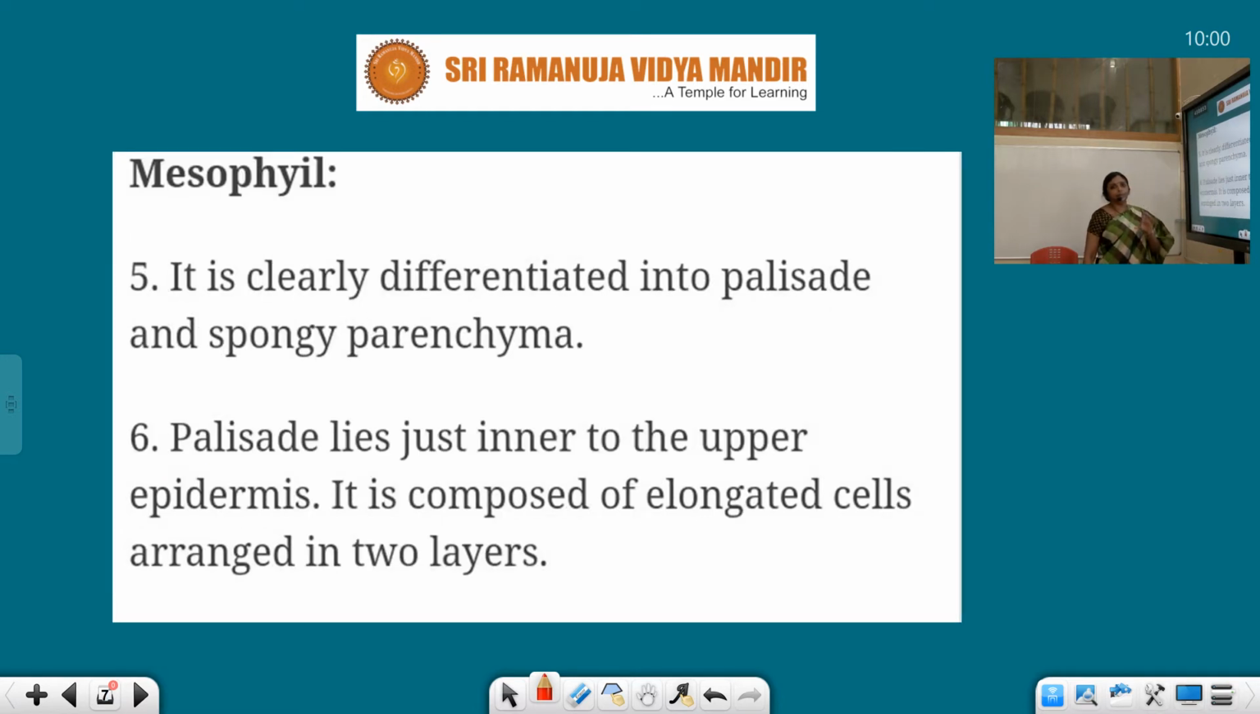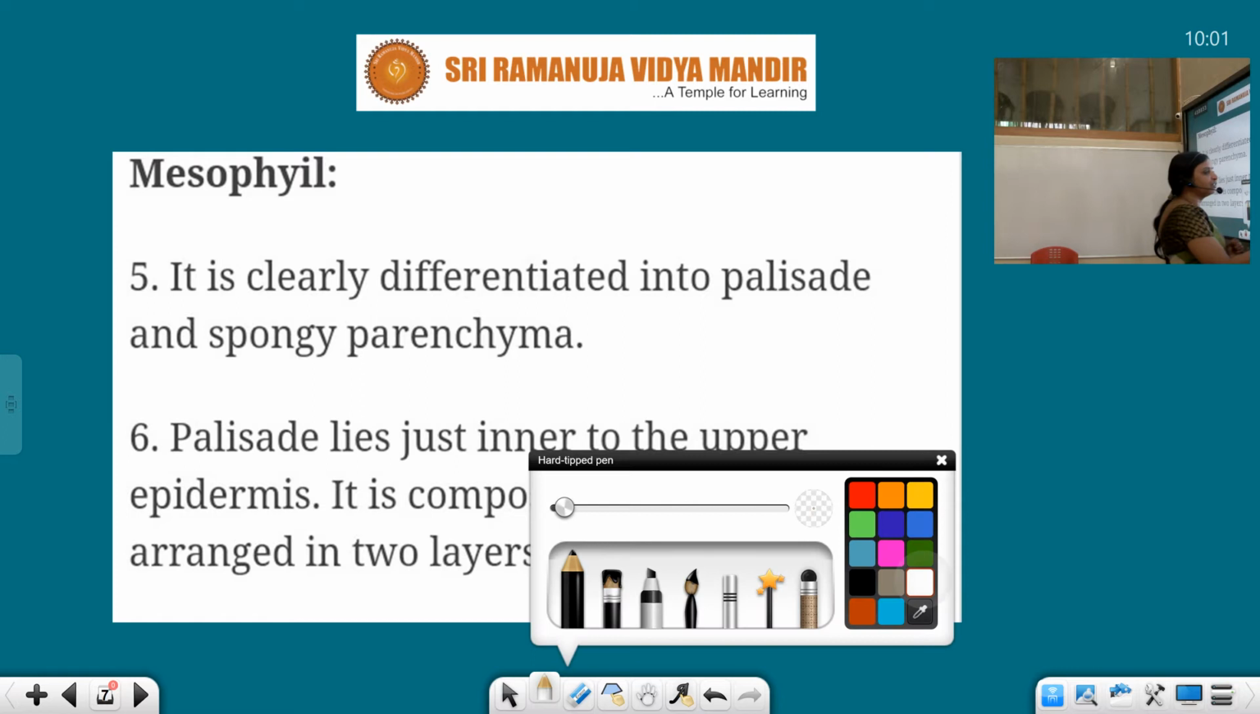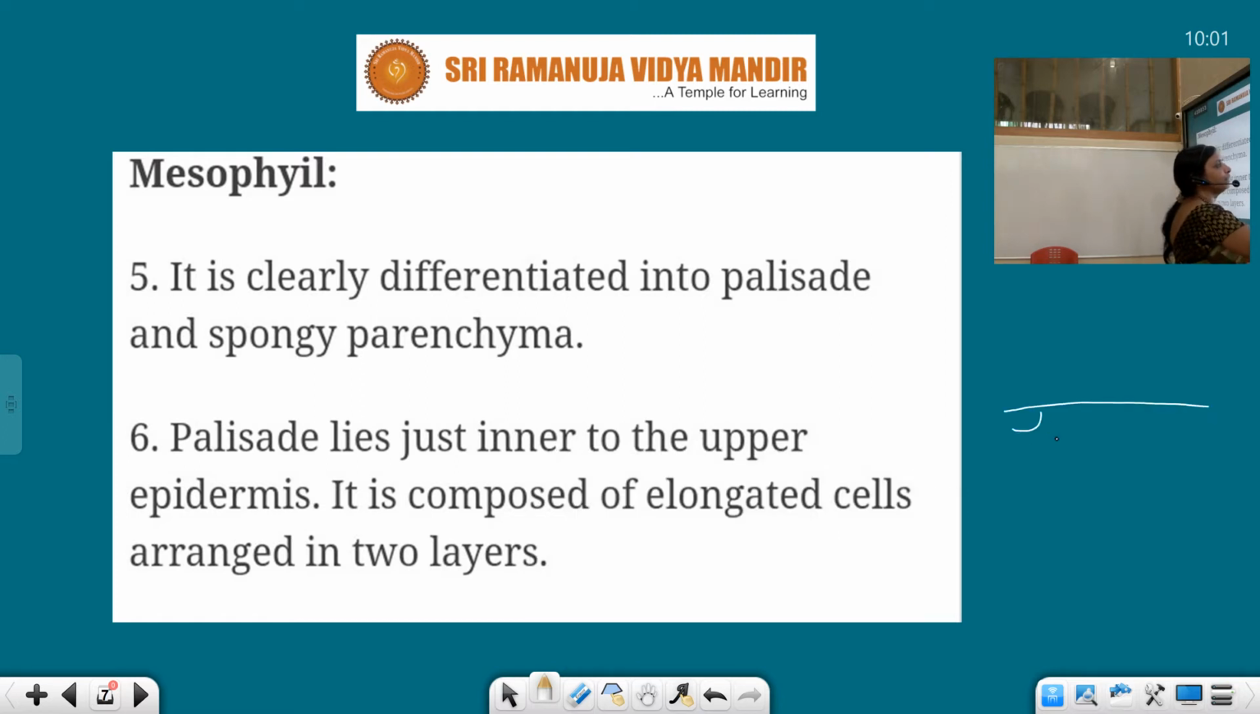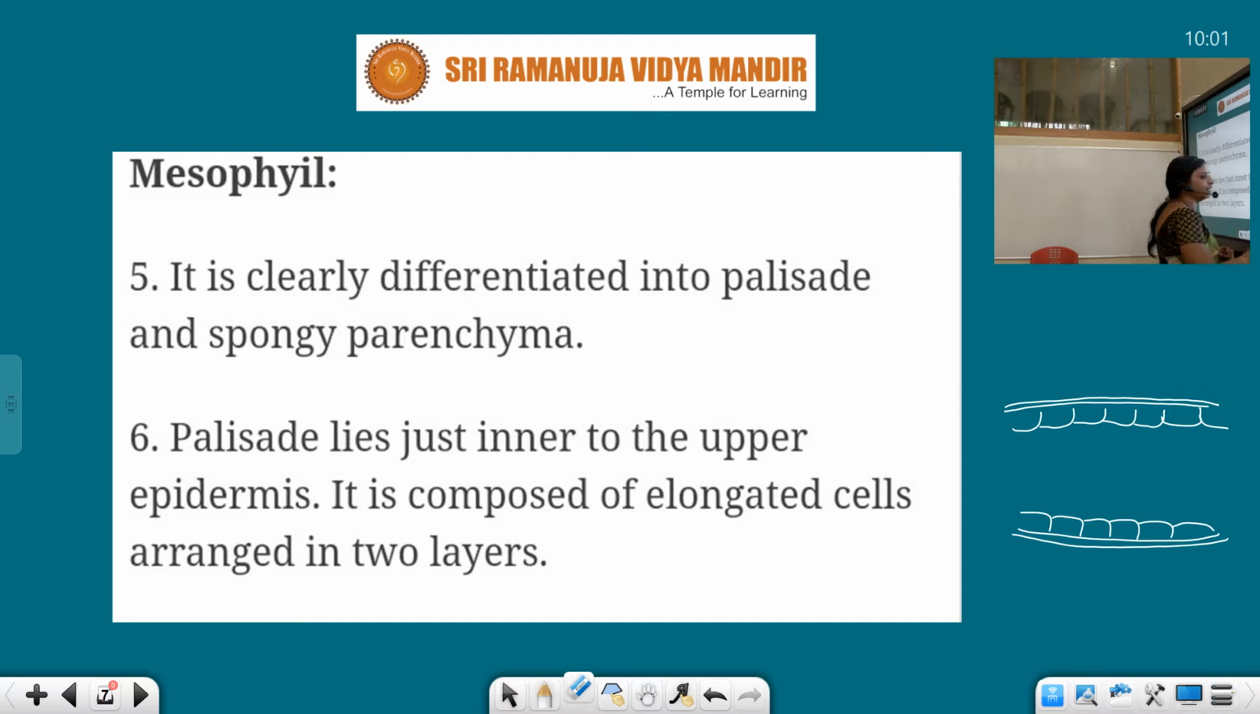Mesophyll: in between epidermal cells, mesophyll cells are present, and it is clearly differentiated into palisade and spongy parenchyma. See, this is the epidermis structure, this is the upper epidermis, again I am drawing this, and this is the lower epidermis, and both the epidermis are covered with cuticle. Comparatively, the upper epidermis has a thick cuticle, and stomata are generally present on both sides, but